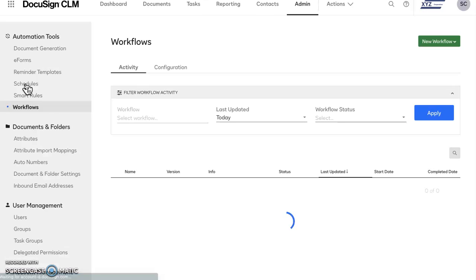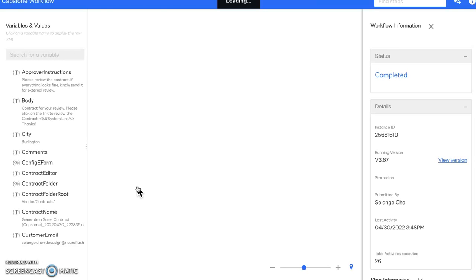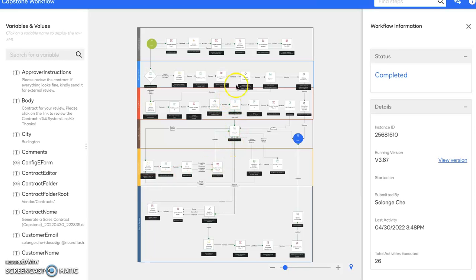Let's see how this goes. Thank you all. And remember, you can always track the life cycle of your process in the activity by clicking on that activity, and you'll see how